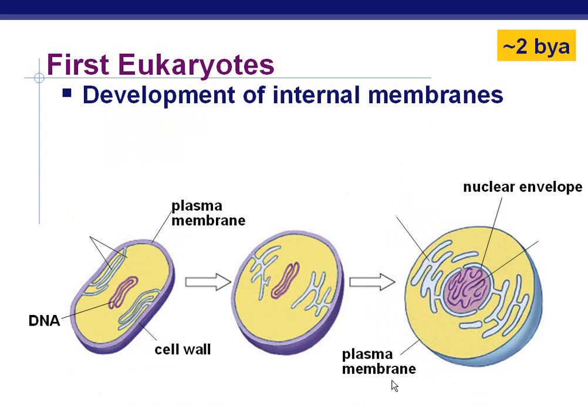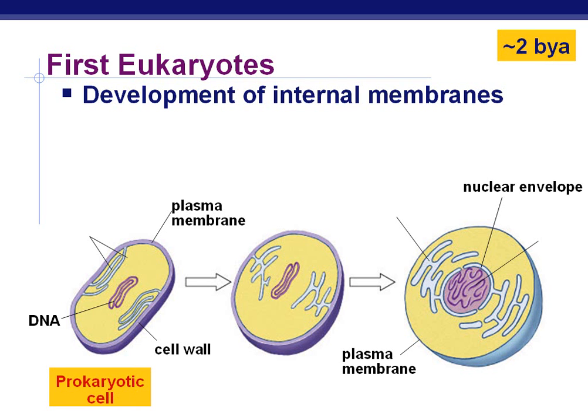So what about those first eukaryotes? Remember, to be a eukaryote, what does that mean? You've got a nucleus, right? You've got your DNA enclosed in a nucleus, and you have membranes or internal structures that compartmentalize those different structures inside your cell. So how did the development of those internal membranes occur?